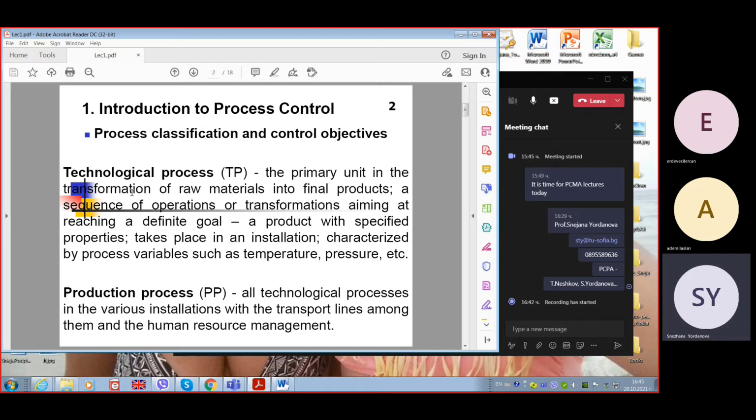Example, if you control the microclimate in a room, you have to control temperature, humidity, drift, velocity of drift. So these are basic variables, and you need a controller in order to obtain optimal microclimate,